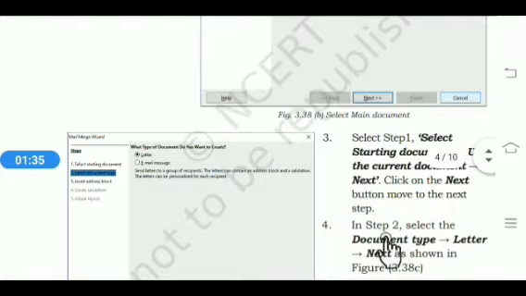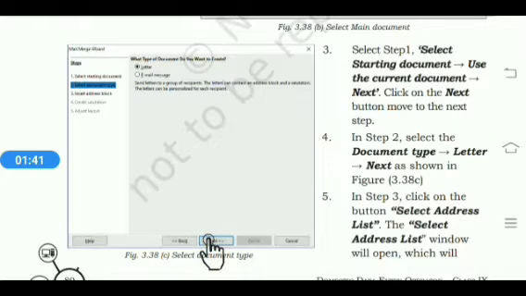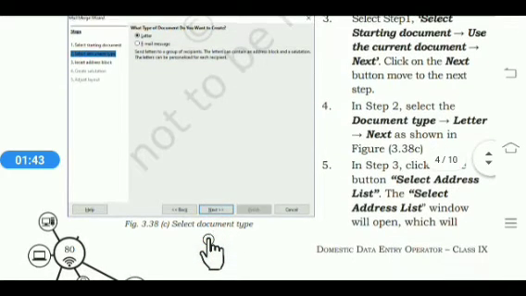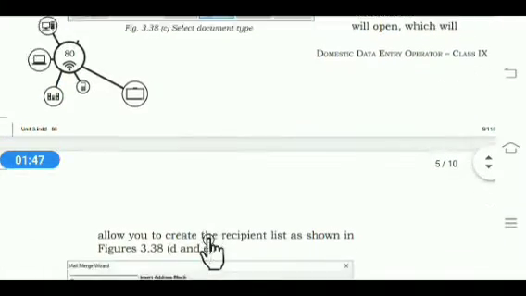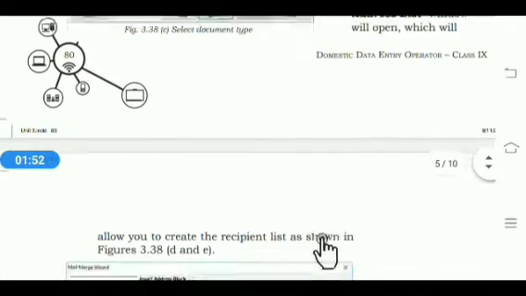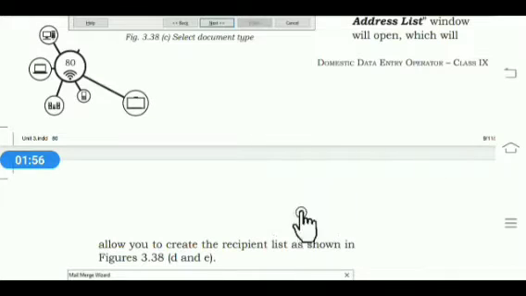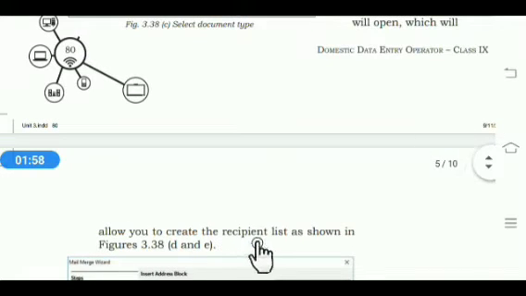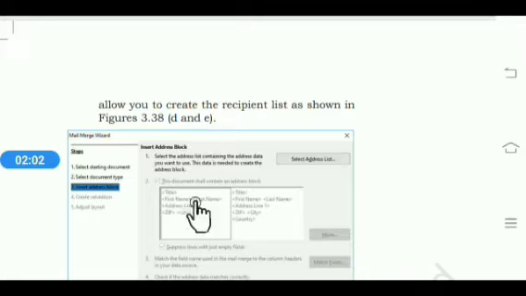Then select the document type, click on the letter option, then again click on the next option, then click on select address list. Then the address list window will appear, which will allow you to create the recipient list, as shown in figure 3.38d and e.